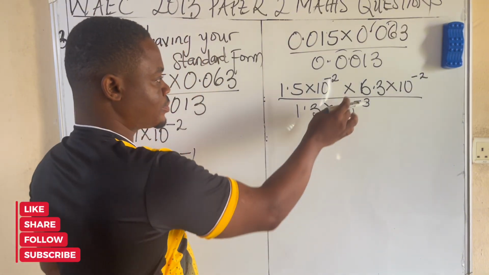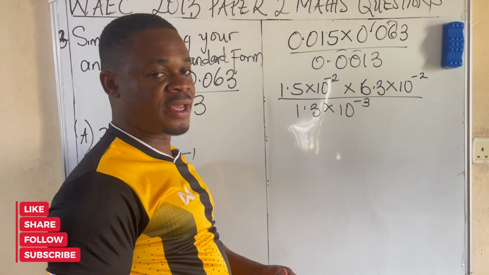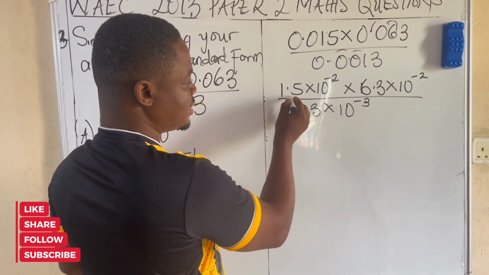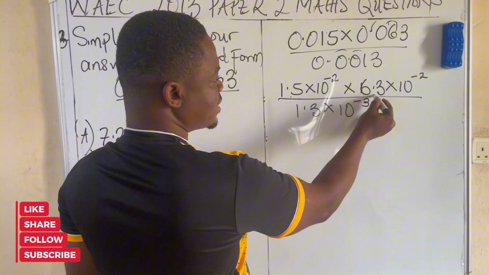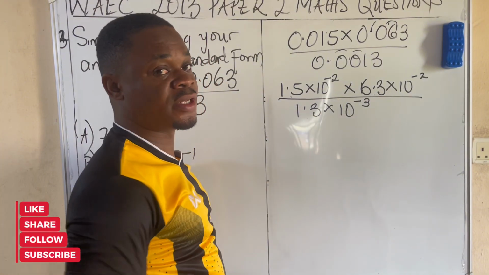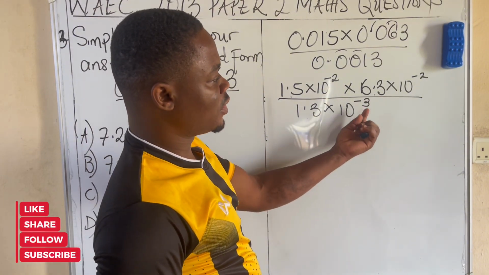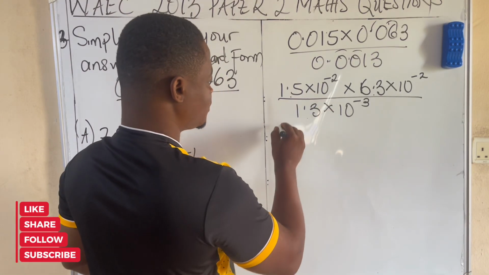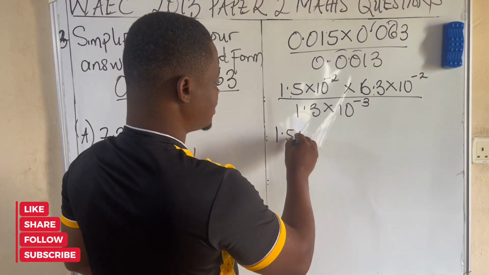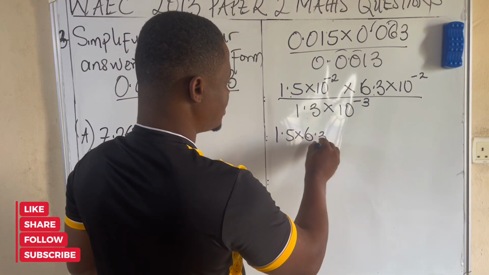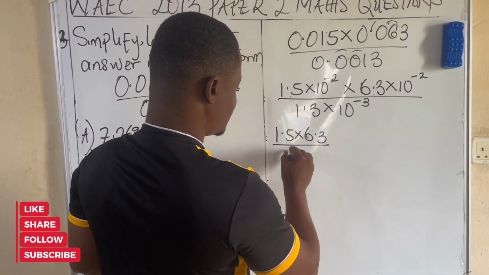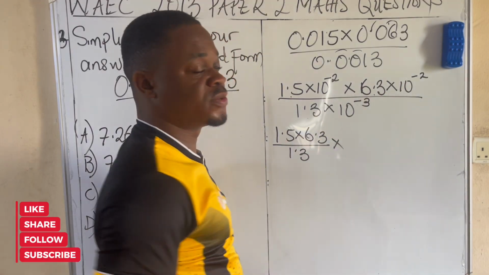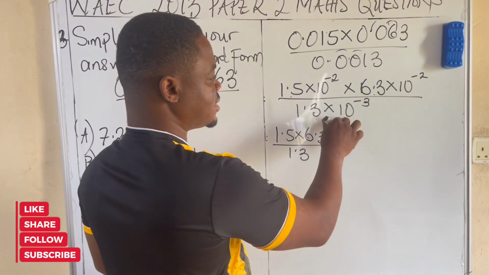Now, here we are going to apply the law of indices. First of all, we'll multiply the values 1.5, 6.3 and divide with 1.3. Then we now apply the law of indices for the powers. So here we have 1.5 times 6.3 all over 1.3 times, we take one of the base. The base here is 10,